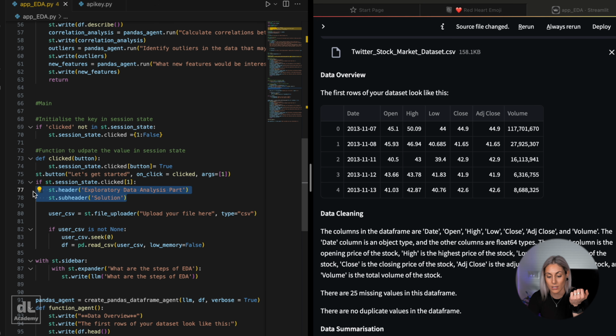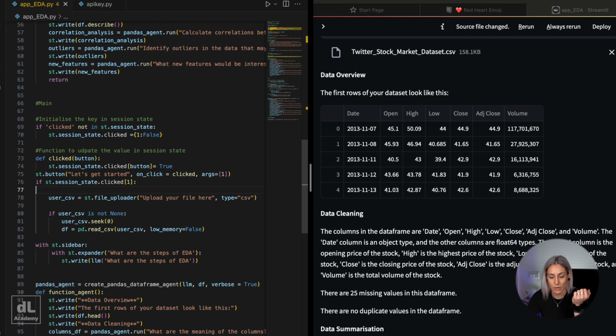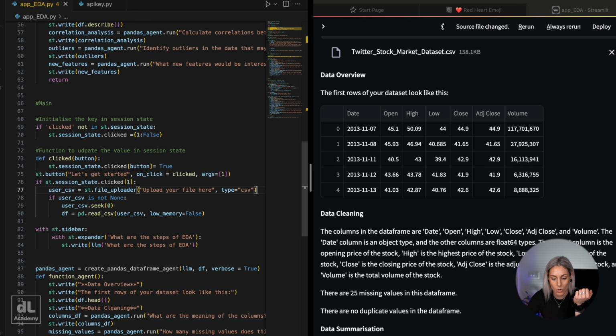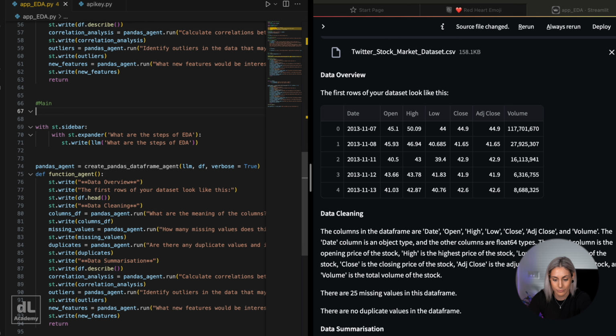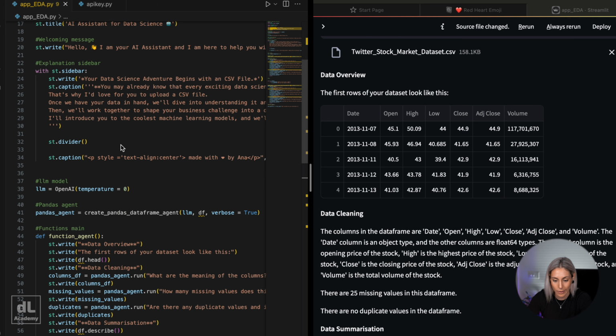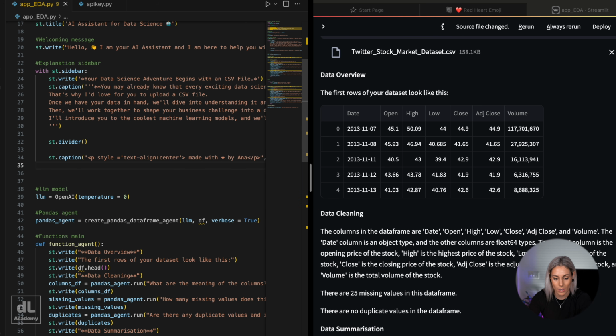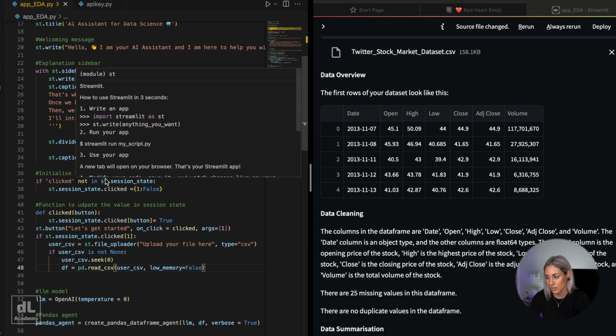We will use them later for the sections that we are creating. So we are going to move all this, yes, after the sidebar. So we have the explanation sidebar, and then we are initializing the key in the session state,